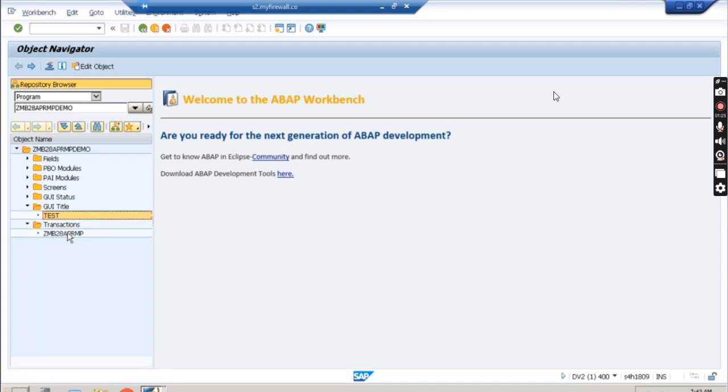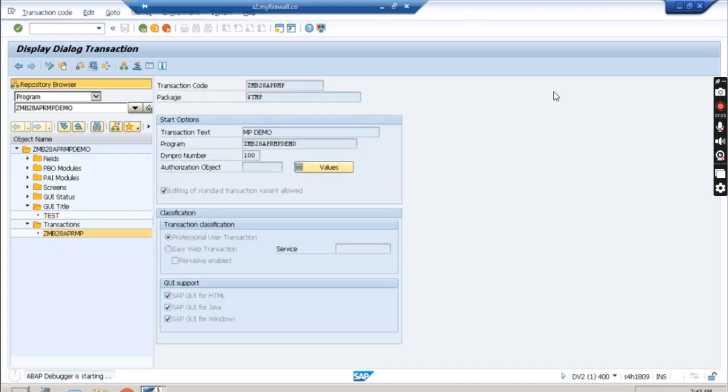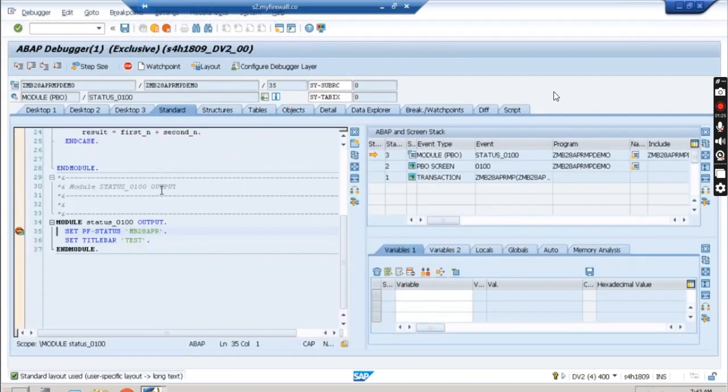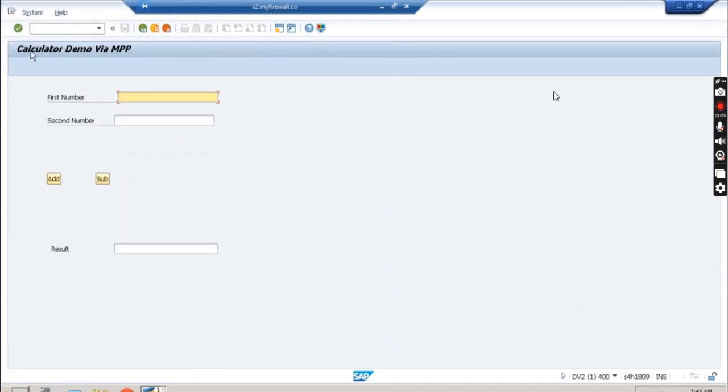Go to the transaction now, double click over here, run this, and the PBO is getting called, press F8, and the calculator demo via MPP is coming over here. So the title you can maintain over there. Now you can give the 300 over here, and you can give the 500 over here, and when you are going to click on this add button,